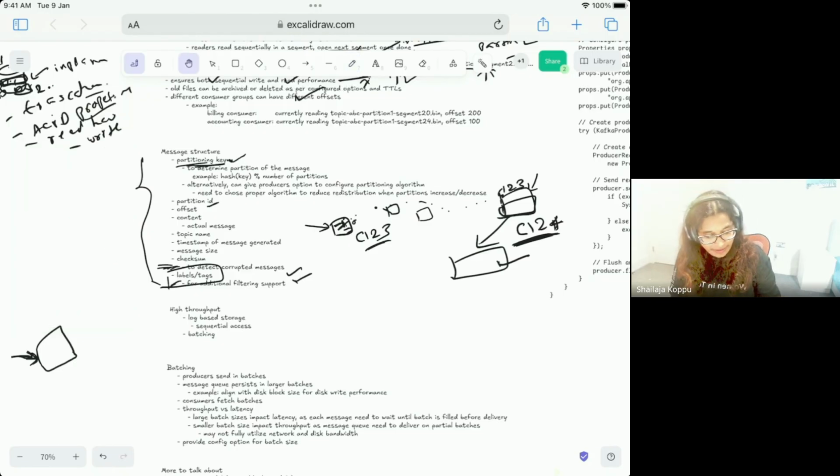So this is what a typical message structure is. The actual message structure could have many more fields. You don't need to explain everything to the interviewer. As long as you're able to explain the important fields you think you need to have and why you wanted to have them. Actual real systems could have many more fields, so you don't need to worry about all of them.